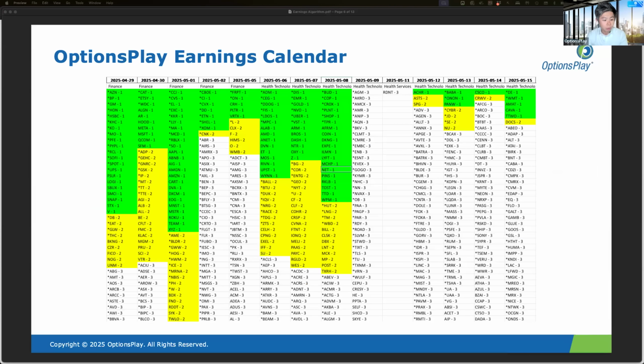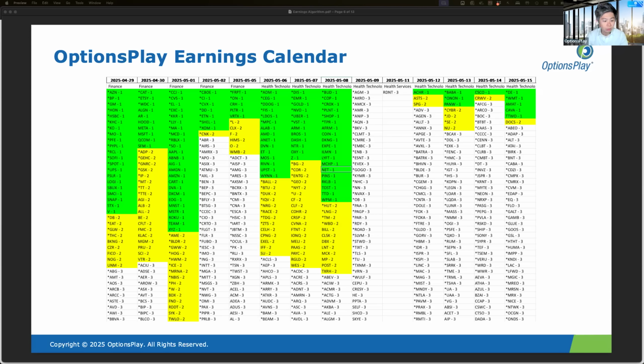And our earnings calendar is built in a way specifically for options traders, because on any given day, especially in the meaty part of earnings season, which is where we are right now, there are typically a few hundred companies that report on a given day. And most earnings calendars sort that list of securities reporting on a given day in alphabetical order, which makes it very difficult to figure out who's reporting on that day and which ones are relevant to your trading